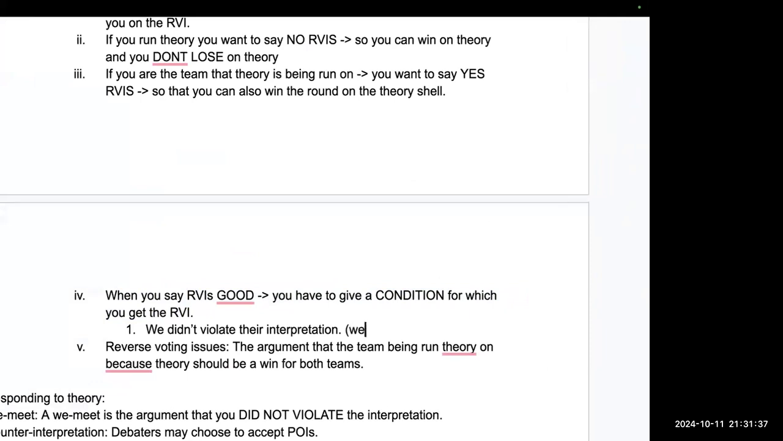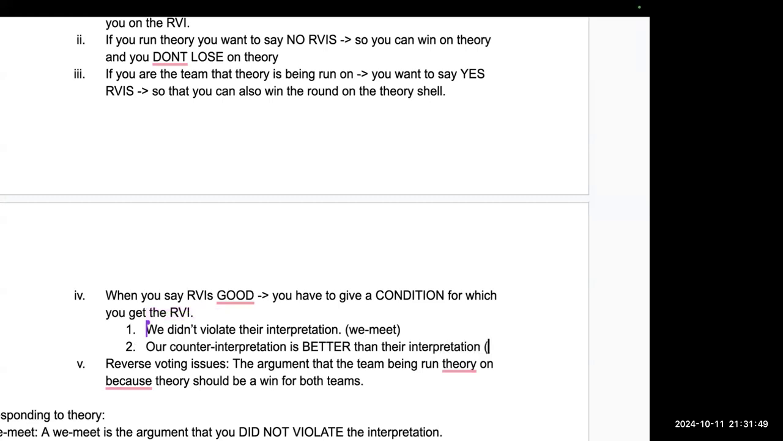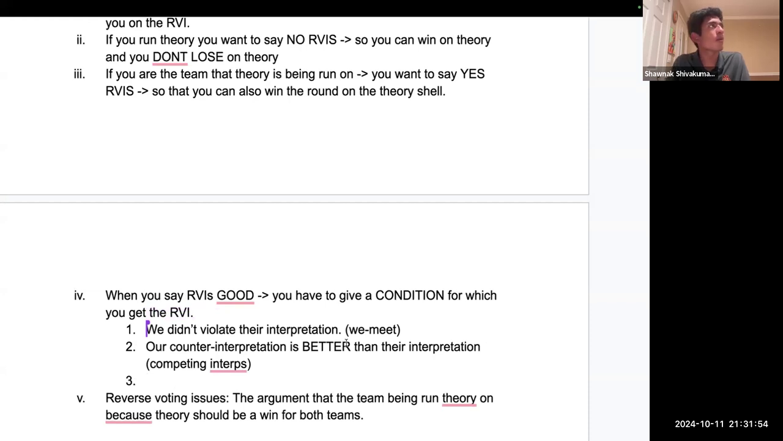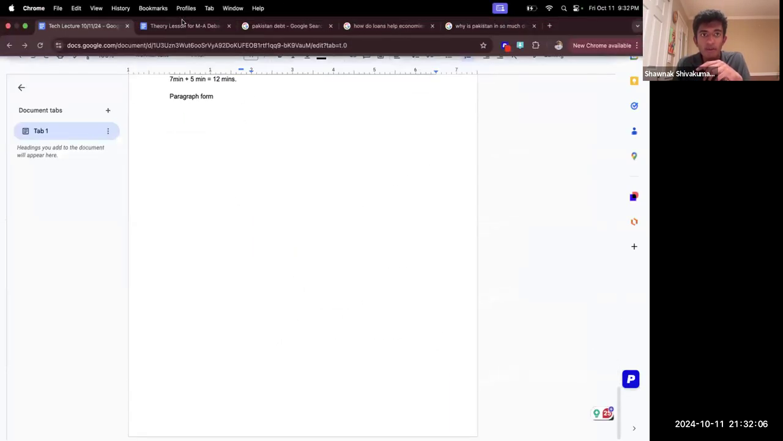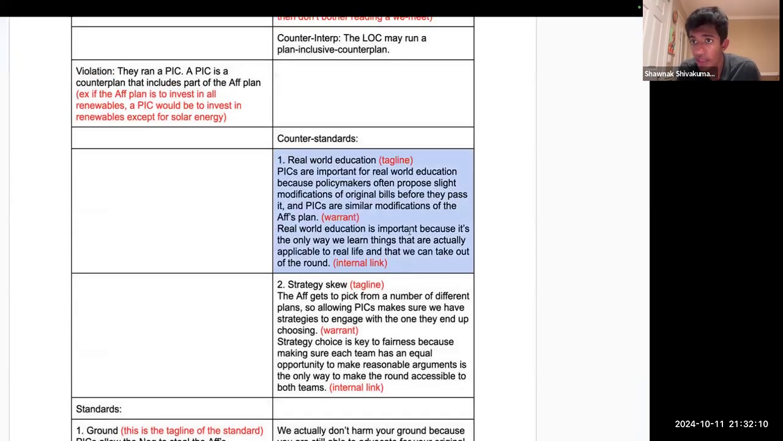We meet, or our counter-interpretation is better than their interpretation. Competing interps, right? And then you can say if we win one counter standard, you can come up with your own conditions, right? You can say, oh, if we win this one counter standard of real world education, then we get the RBI,